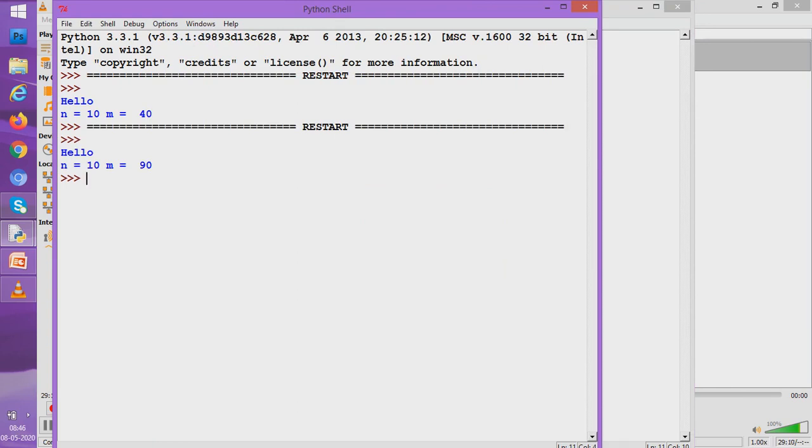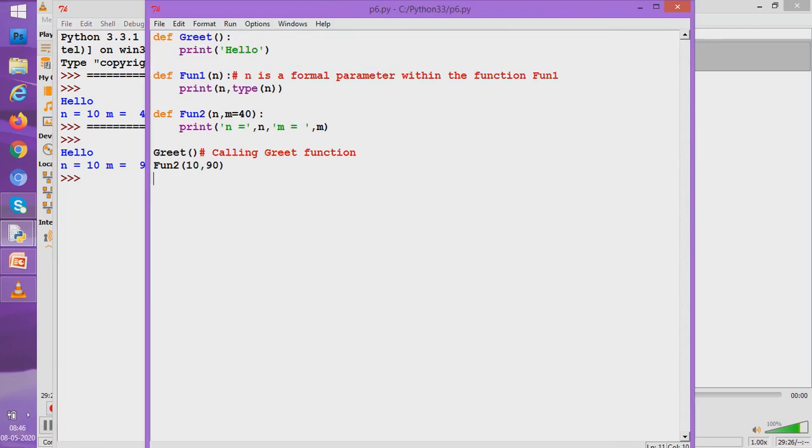So you have understood the concept, students, how it works. When you actually pass a value, m is going to use your value. If you don't pass the value, m is going to use the default value. And this concept is known as function call with default arguments. The first one was with default argument when I only gave 10.